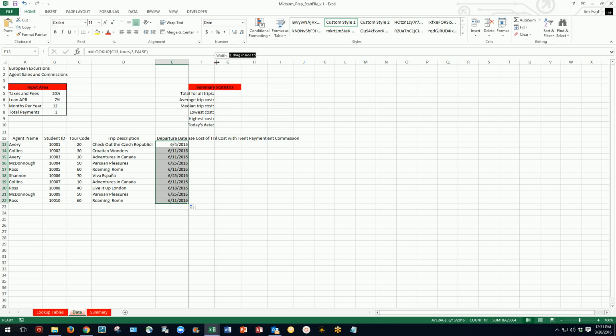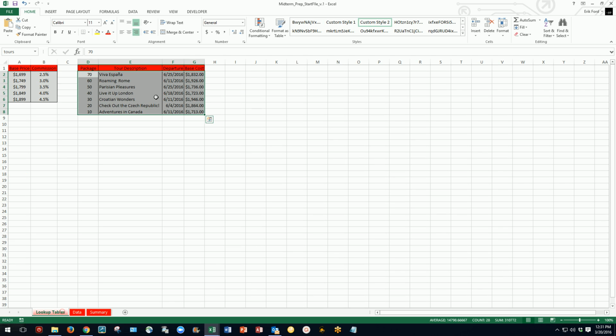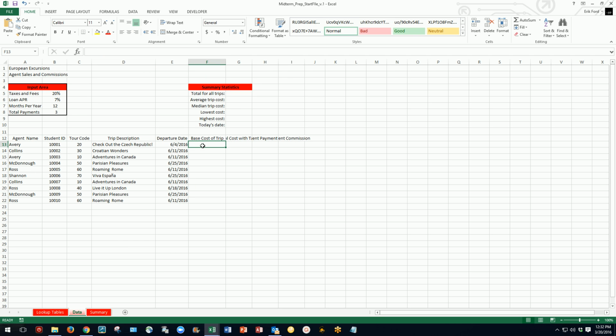Now, what have we got going over here? Let's open this up a little bit so we can see what's going on there. Base cost of trip. Well, base cost of trip right there. Column number 4, 1, 2, 3, 4, right? Column number 4. Come back over here. Let's do that one. Equals